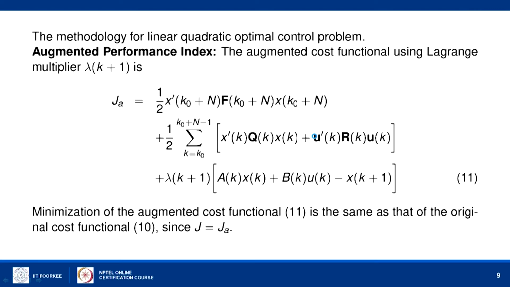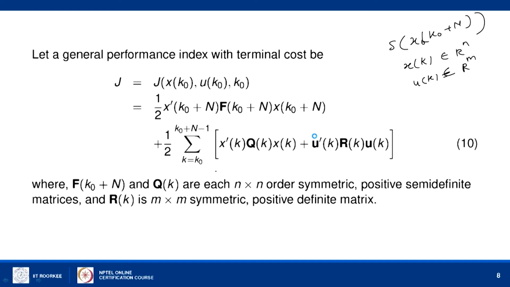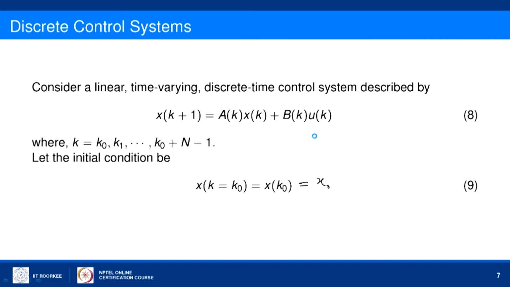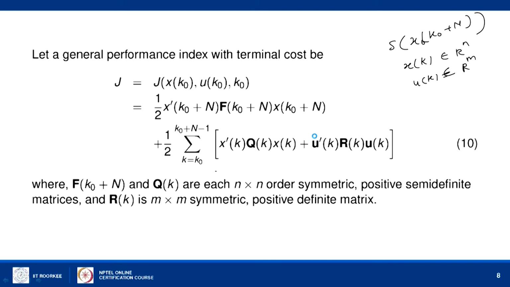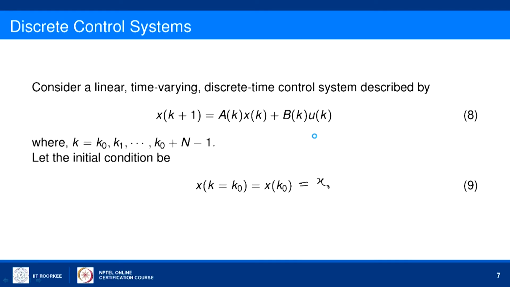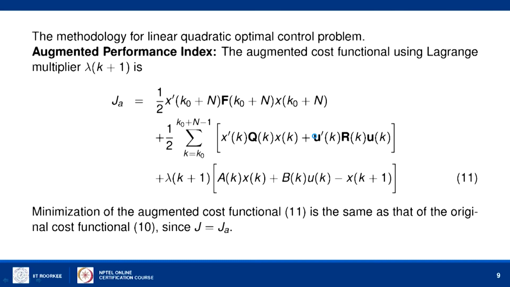Generally, it is called a quadratic optimization problem for the discrete system. If we adopt the same procedure, because only the function expressions are written as a quadratic and some linear expression, other things are the same, we can adopt the same procedure. The only difference here is, instead of just finding the optimum value of J, we also have the constraint given by the control system. So, when there is a constraint, we adopt the Lagrange multiplier method.